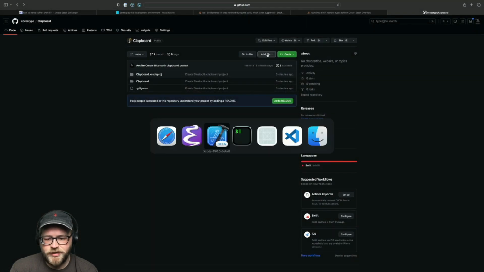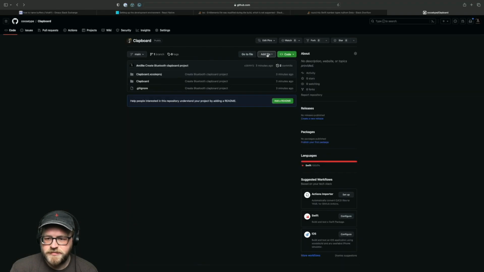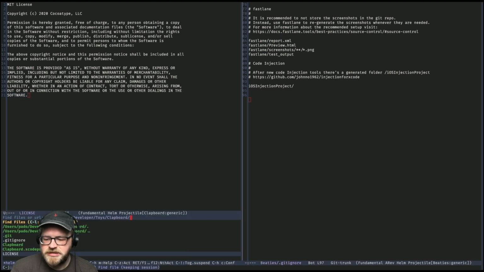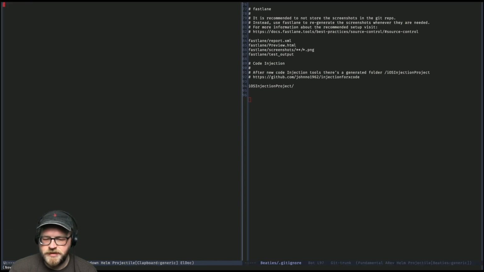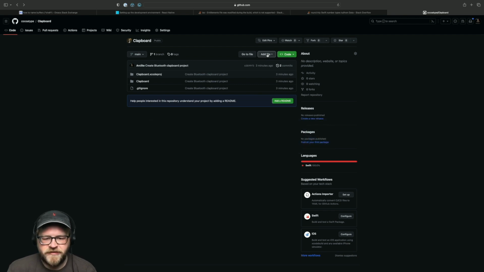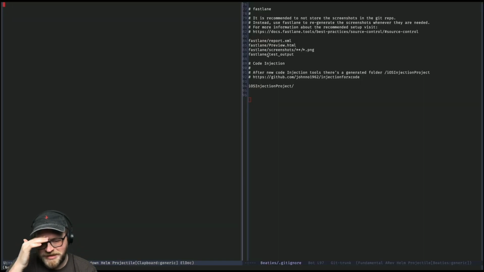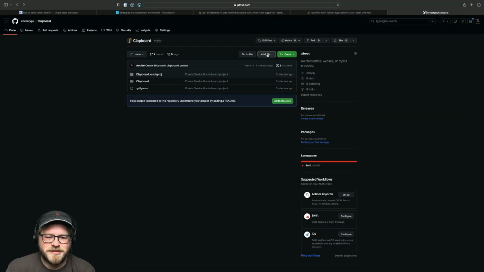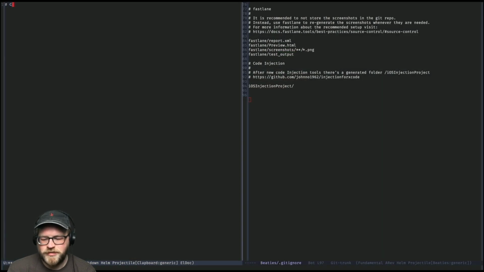There's no binary parts of this, so I don't have to worry about that. This is just straight up MIT license. But let's also do a readme.md. Just the beginning. Trying to think of a way that I can demonstrate this. I guess it would be just my stream. I can put a GIF of the stream in there and just say, this is how it works. But for now,